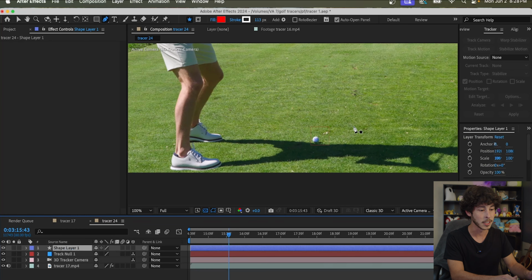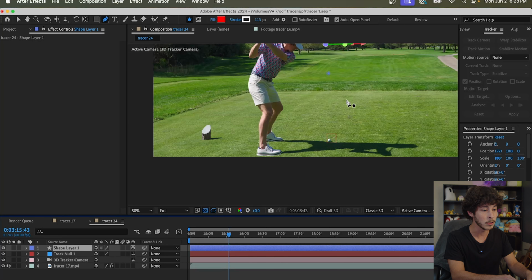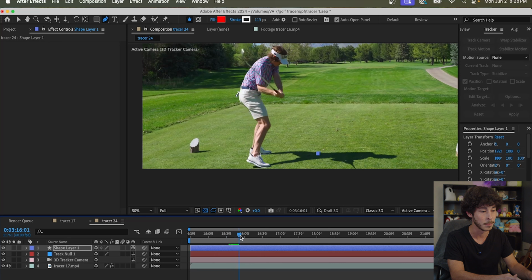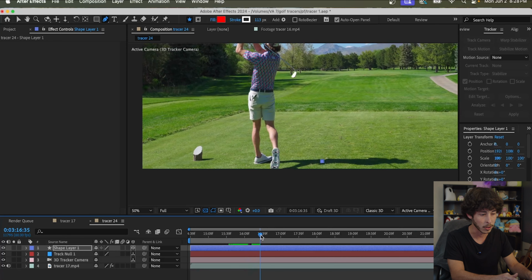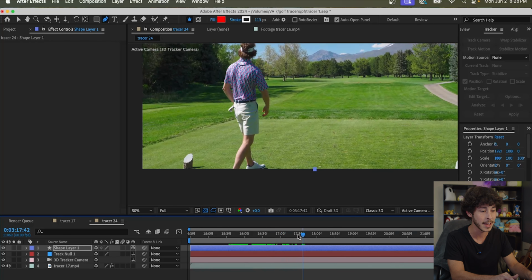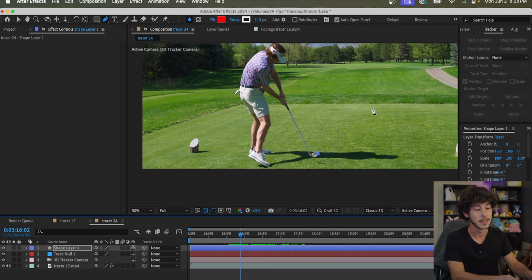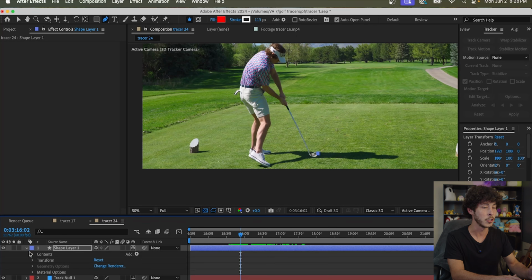Then you now have this point on the golf ball, and then you're going to want to come down here to this cube and make it a 3D object. So you'll see right away it gets pushed up into the footage. We're actually just going to drag that down there, and then we're going to scrub through and make sure the point is still perfectly tracked onto the ball, and it is, or where the ball was rather. So now that we know the point is where the ball was and tracked perfectly,